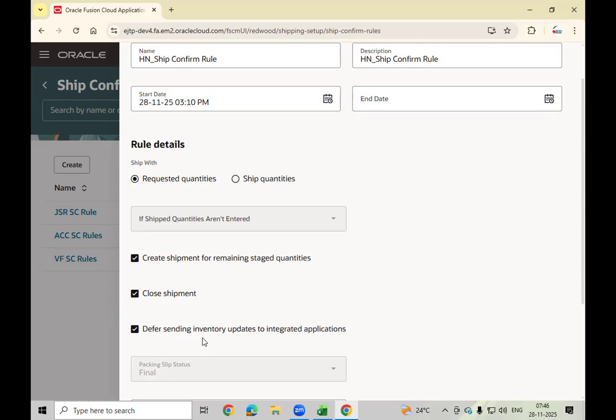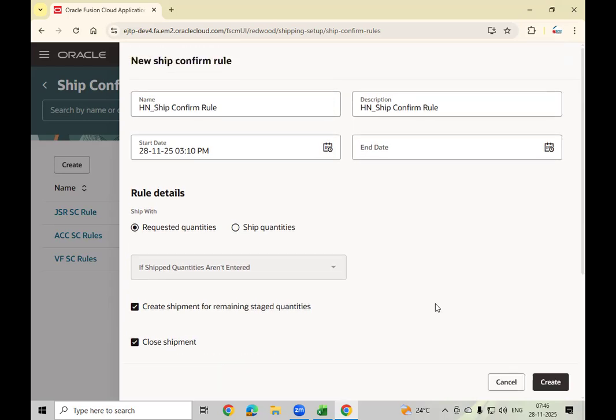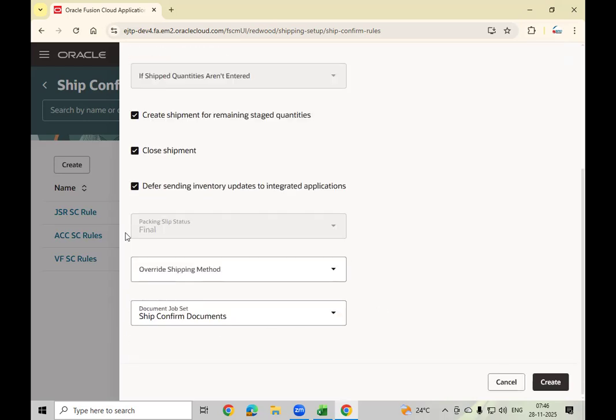So defer sending sub-inventory updates to integrated applications. So sending inventory updates. Once stock is shipped, the system has to reduce the stock in inventory, right? That stock update, reduced quantity update, has to be updated in other integrated applications within Oracle applications, or if any external source, we can use this also. So the final status will be picking, packing slip status final,